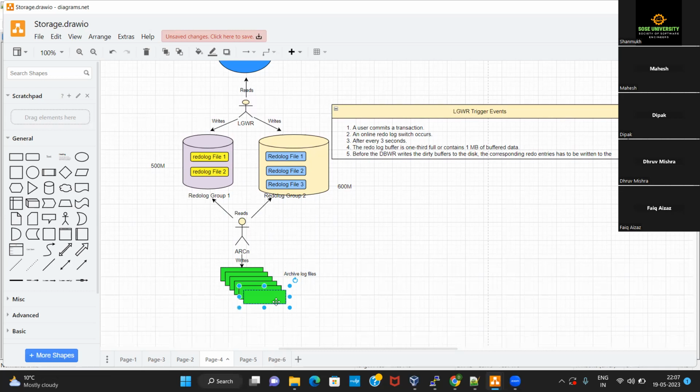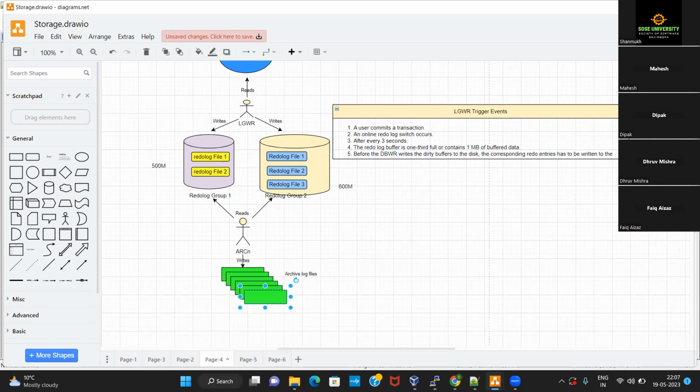There is no specific limit, unless you have defined a parameter which goes like this: db_recovery_file_dest_size.